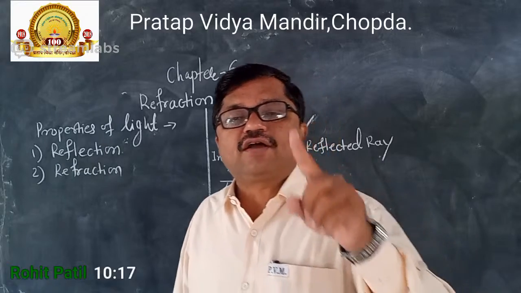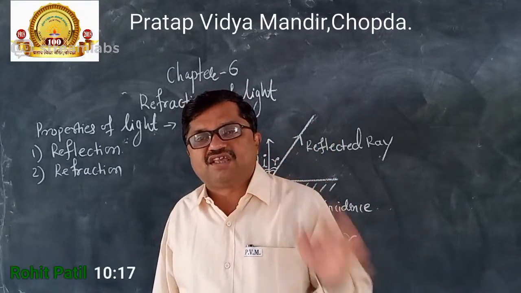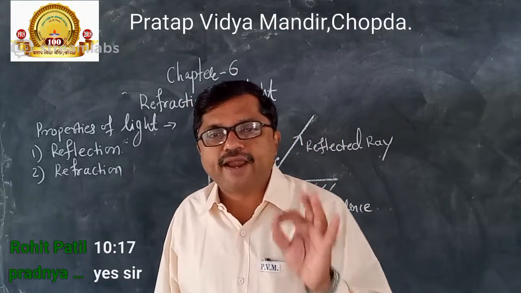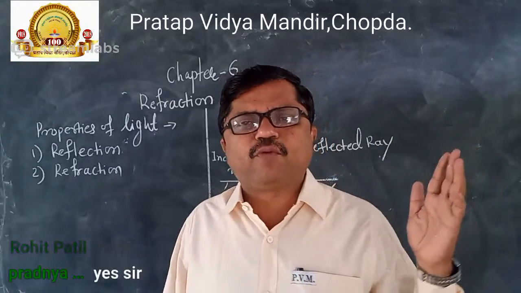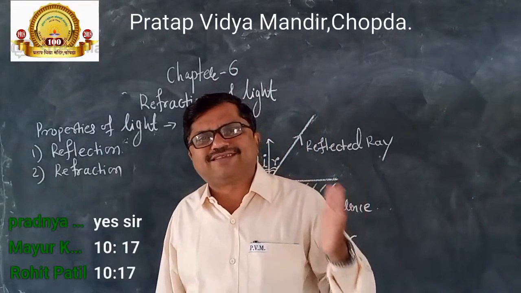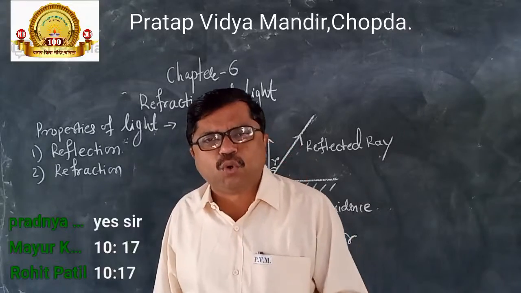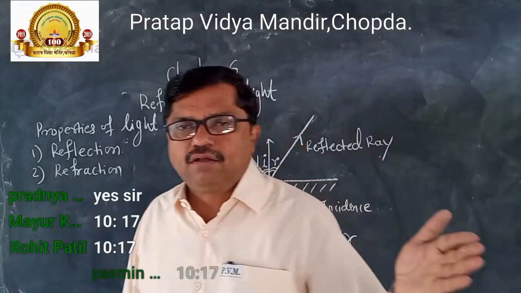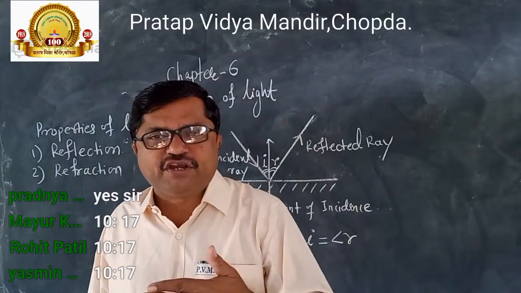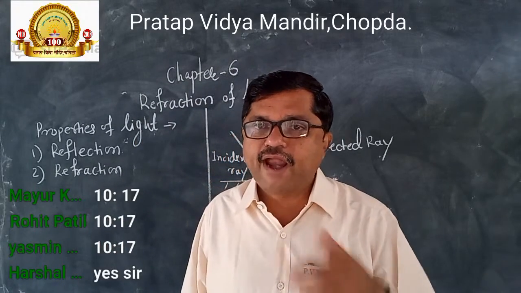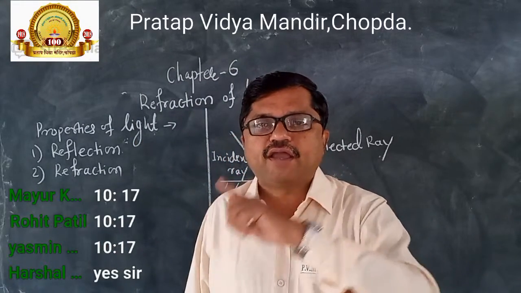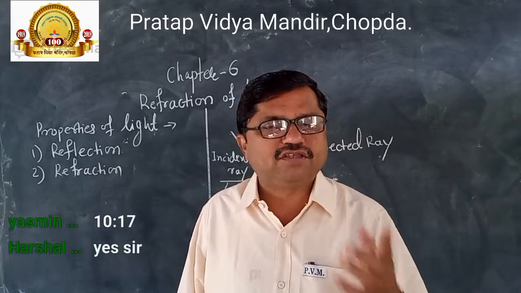Opaque is a correct word. Opaque means non-transparent, through which light cannot pass. There are different examples of opaque medium or opaque substances, just like plastic, wood, a wall, an iron sheet. Many examples of an opaque medium are there, and light cannot pass through them, because it is a basic property